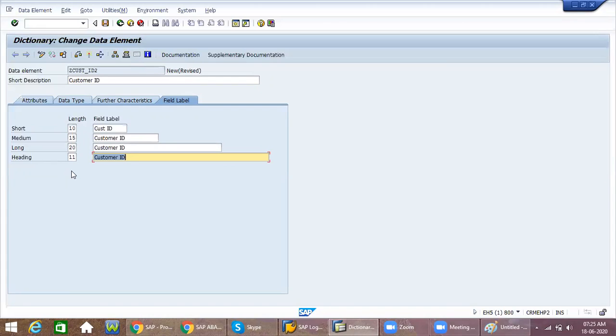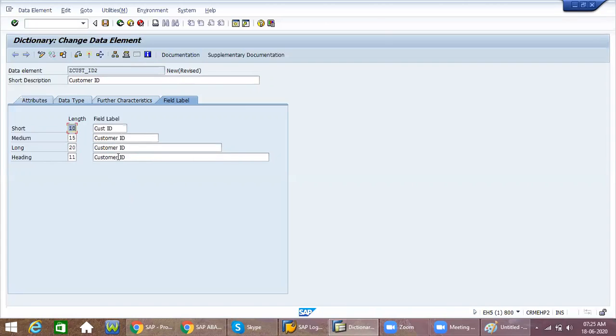If you want to provide only some fixed values, instead of 10 characters length, you want to provide only 8 characters, you can provide. System will allow, don't worry. It will take 8 characters. But the best practice is do not provide these lengths on your own. Whatever the system gives, keep it that way. Don't change anything. You only have to fill these field labels.